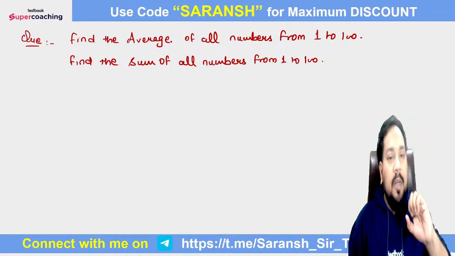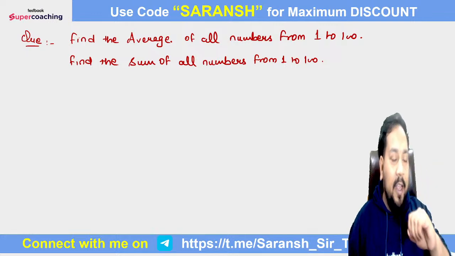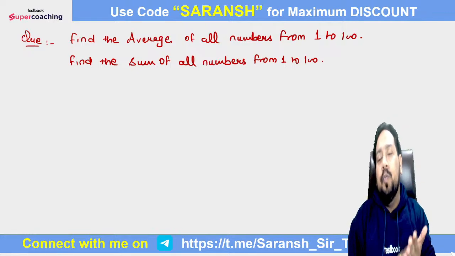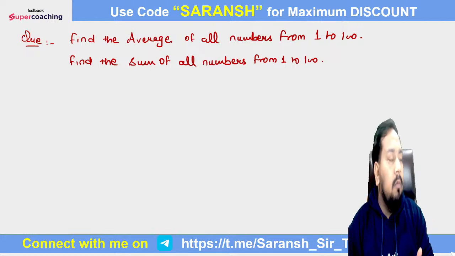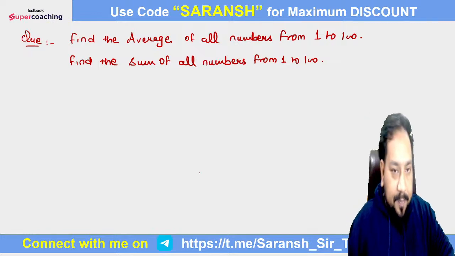Okay, he will ask you like this. Find the sum of all numbers from 1 to 100. Now calculate. One method is 1 plus 2 plus 3 plus 4 plus 5 plus 6 plus 7 plus 8 plus 9 plus 10, like this. Second method is like,